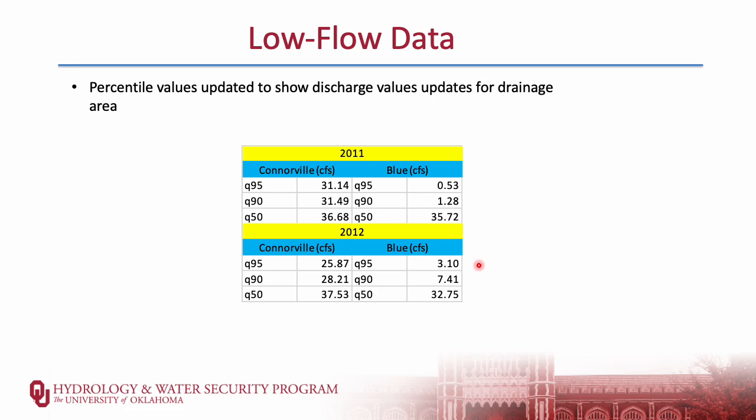The 2012 data also shows a pretty good difference between the two. Only the median values, the Q50, are relatively close, and the Connerville location is still higher than the lower Blue